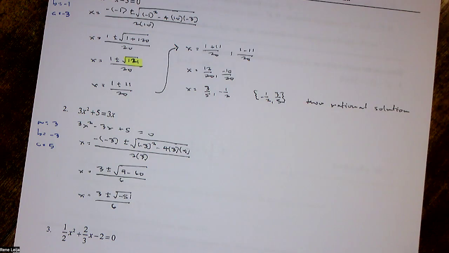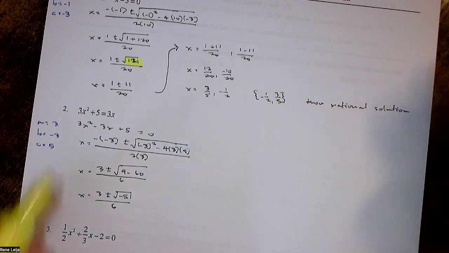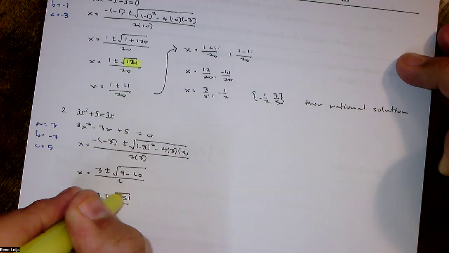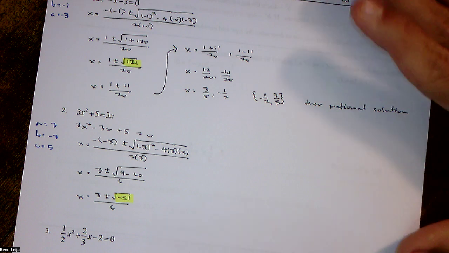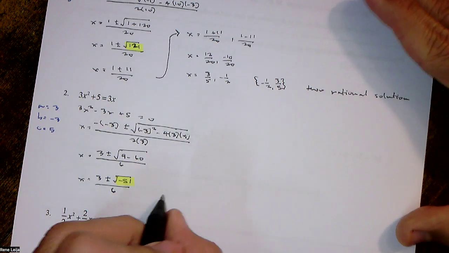So now, let's see. All right, so 51 breaks apart into 3 and 17. Neither of those are perfect squares. So I can't break that apart anymore. Okay. So this ends up being, oh, sorry. No, it's not. So the only other thing that I can do here